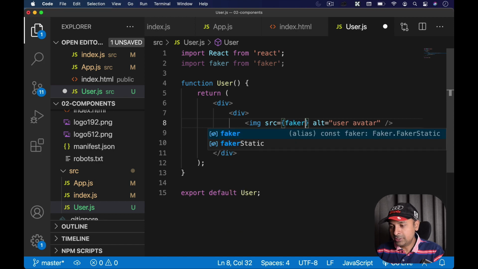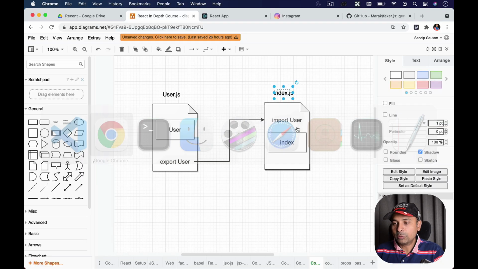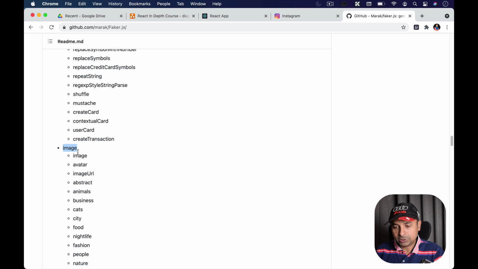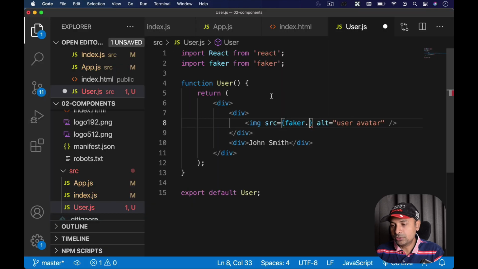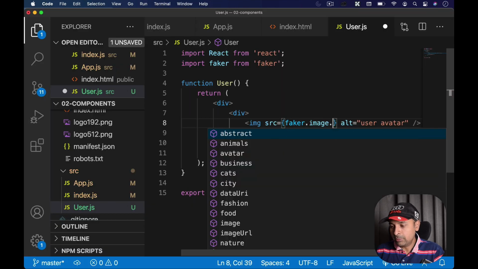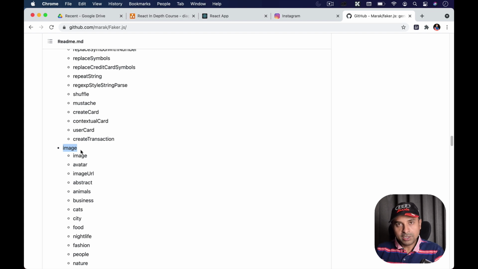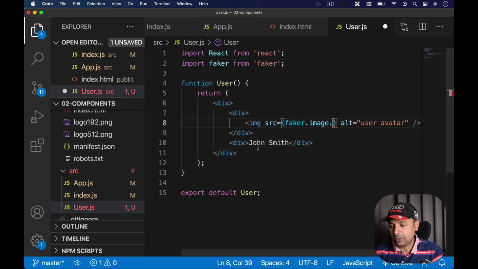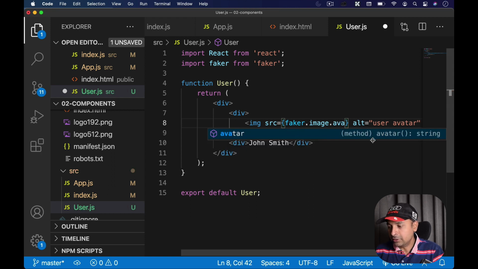I'm going to use faker, and if I go back to my browser, I need to call dot image. Think of it like an object hierarchy: faker is an object, inside that image is an object, and avatar is a function. It's written here, it's a method, so I'm just going to call that.